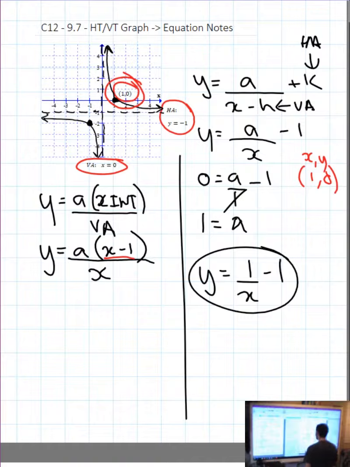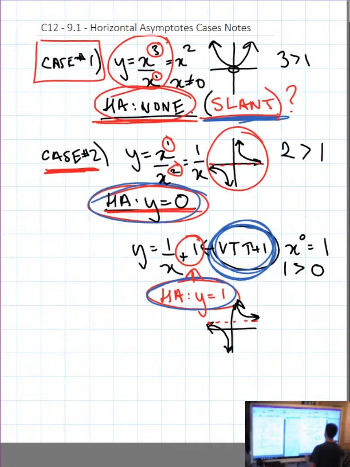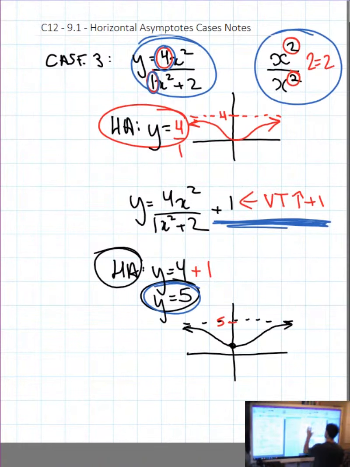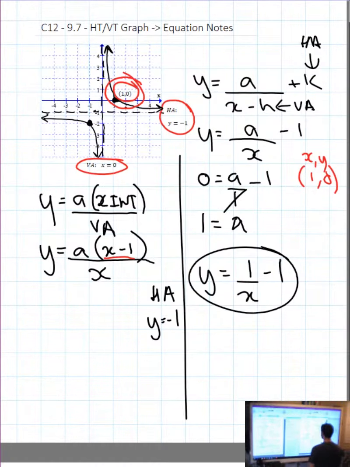So now we have to talk about our horizontal asymptote. And our horizontal asymptote is at y equals -1. And if we remember horizontal asymptotes, we have case 1, the exponent of x is higher on the top. We have case 2, the exponent of x is higher on the bottom. And we have case 3, where the exponent of x is the same on the top and the bottom. So here we have x to the 1 and x to the 1. So the exponent of x is the same on the top and the bottom, leading us to believe that our horizontal asymptote